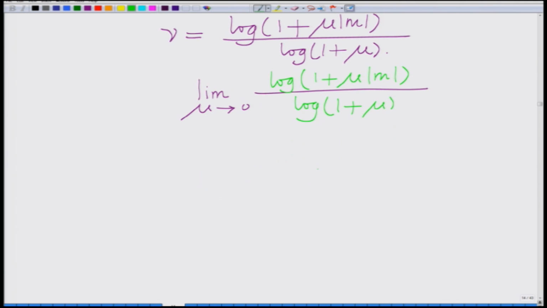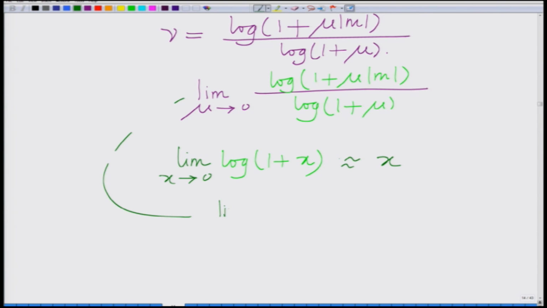Well, we are going to use the approximation log of 1 plus x, limit x tending to 0, is approximately equal to x. So, this becomes, limit mu tending to 0, mu magnitude of m divided by mu,